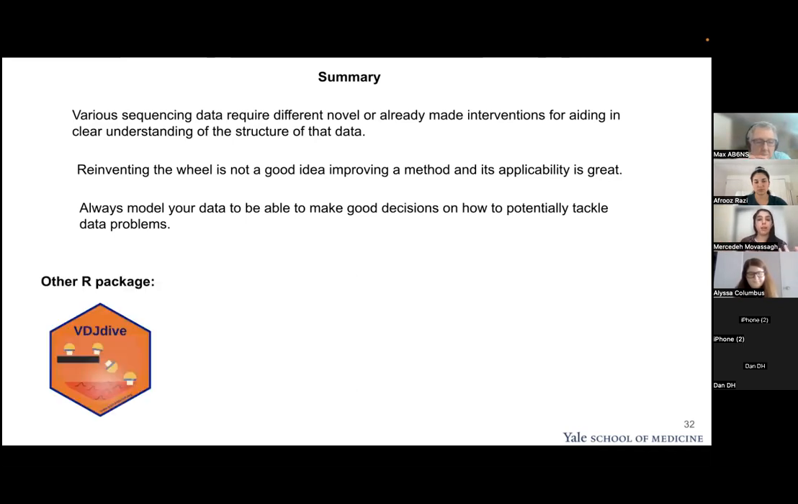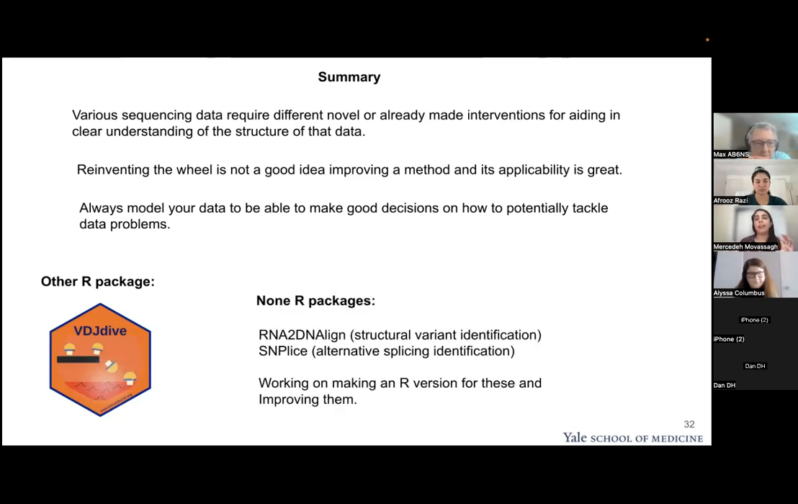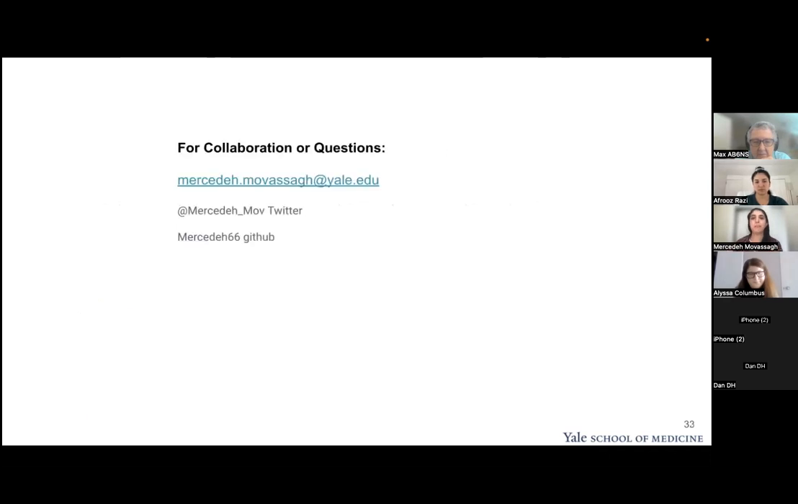And so we have another package, VDJ Dive, which I'm not going to have time to go to today. And I have other non-R packages, which I hope I'm going to actually make an R version of as soon as I find time. If you have questions or want to collaborate, here's my email, here's my Twitter handle, and